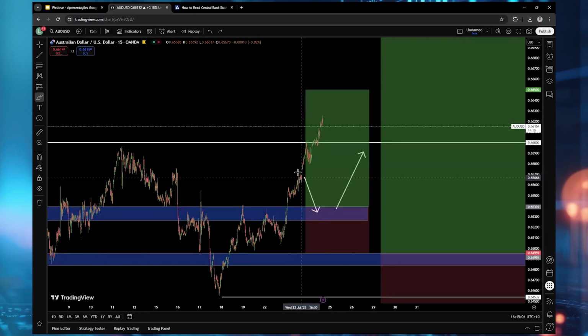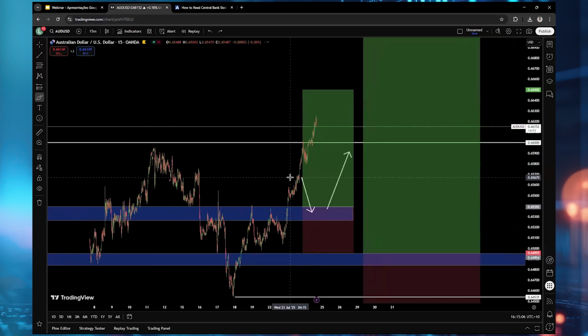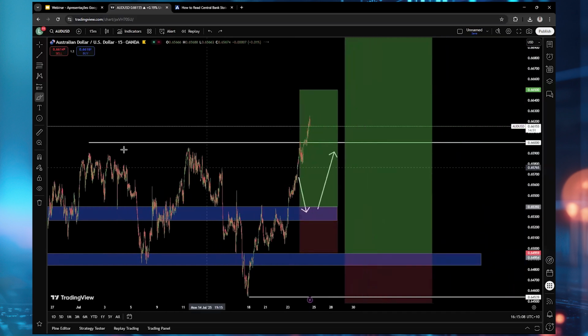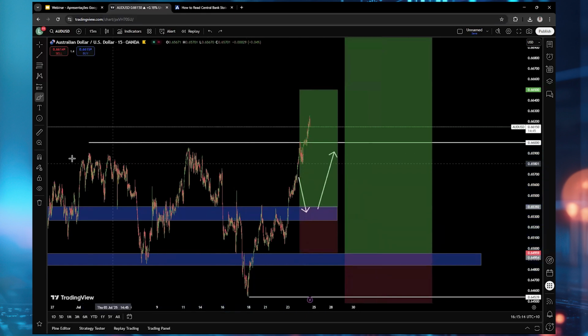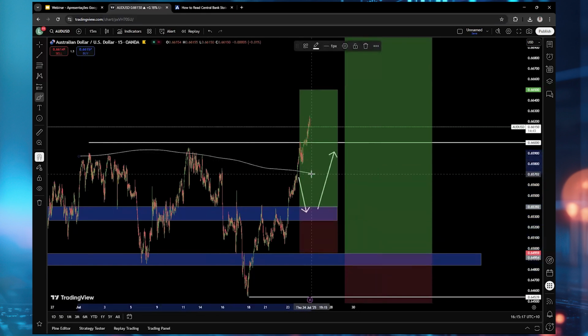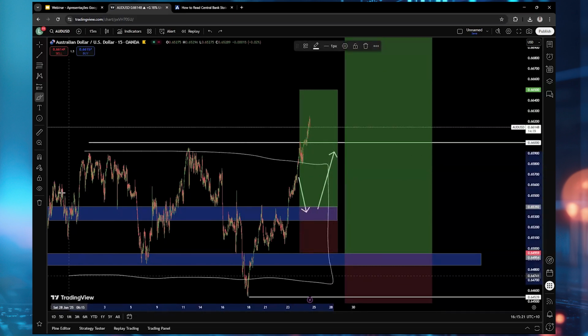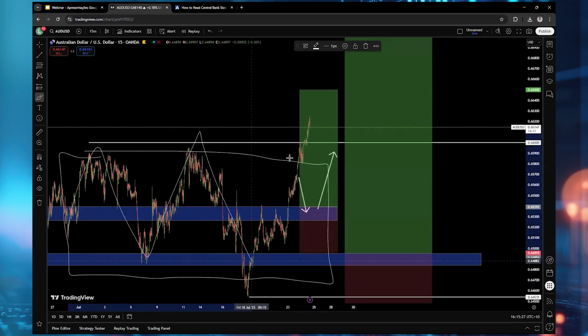Because if we think about it, we are in a very consolidating market here, okay? Oh wow, I can't do a straight line. Why can't I do a straight line like that, but I can do a straight line like here. I don't know. But anyway, as simple as it is, we were in a consolidation.